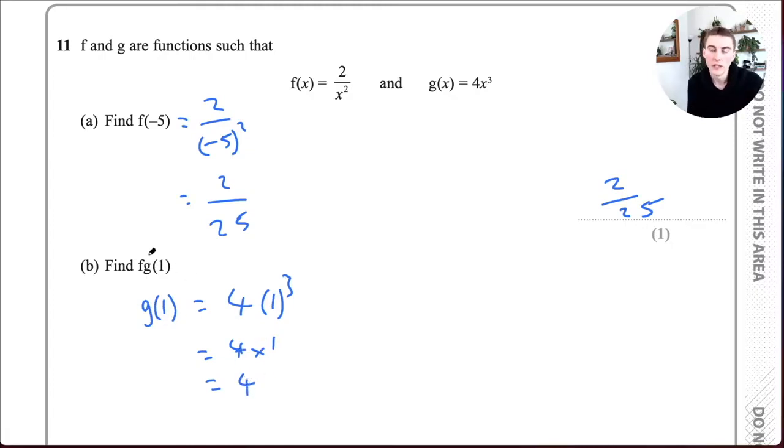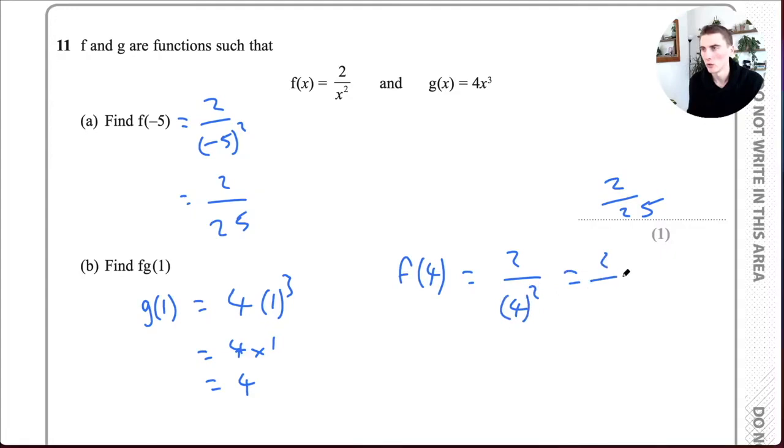And then what you do is, because g of 1 is 4, I now have to do f of 4. Basically, imagine we've taken this bit here, this g of 1, this bit was 4, so now I do f of 4. Just like we did f of -5, we're now going to do f of 4, which is going to be 2 over 4 squared,